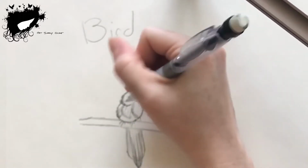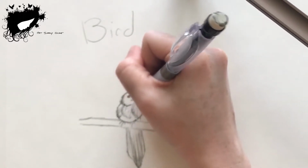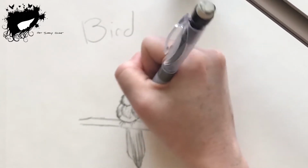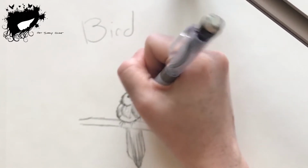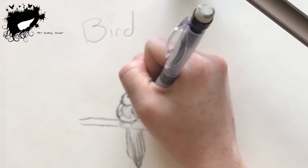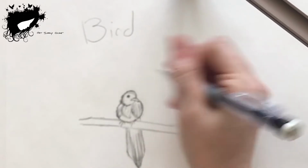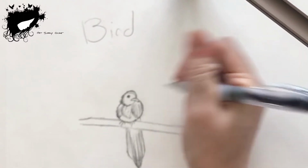Again, this is just my preference. This is what I like to do whenever I'm drawing birds. Just little lines, and there's really no technique to it. I'm really just drawing light lines. There you go. Cool. And now that you've done that, you can come back and say, oh, I love this bird, but